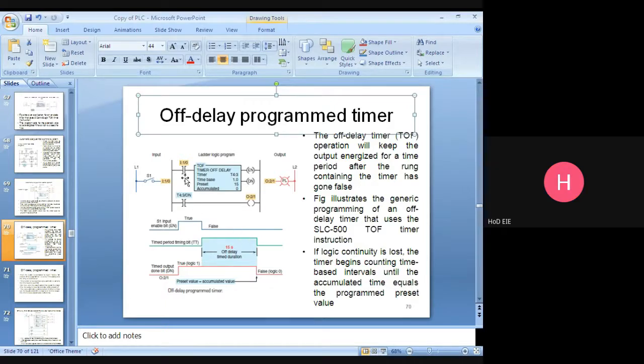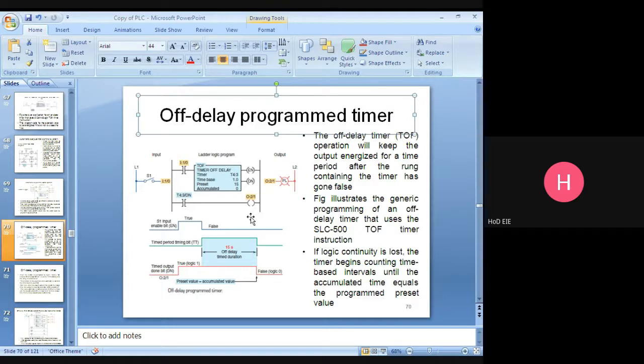No. 1 second. Here you are making a mistake. Once this one is opened, the enable bit will be disabled. Previously, this done bit will be in the energized condition only. So the accumulator value starts timing 1 second, 2 second. Once it reaches the 15 second, that time only the timer is off. So the done bit will be off. Once the done bit is de-energized, this contact will be open, the bulb will be off. Got it? Yes, got it, sir.